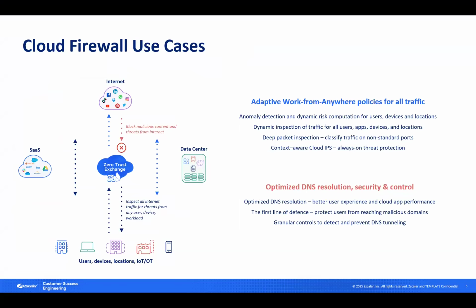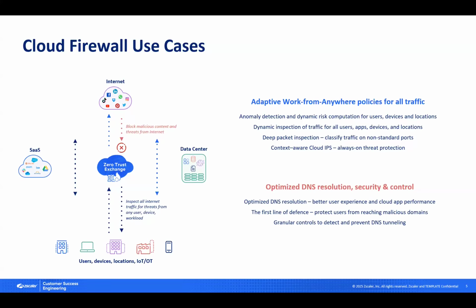First, a common one is to allow for an adaptive work-from-anywhere policy model for all traffic. This includes anomaly detection and dynamic risk computation for users, devices, and locations, dynamic inspection of traffic for all users, apps, devices, and locations, including deep packet inspection, allowing the Zero Trust Exchange to classify traffic on non-standard ports, with context-aware cloud IPS to provide always-on threat protection. This allows you to build a single policy model for all users, apps, and devices, regardless of where they are,